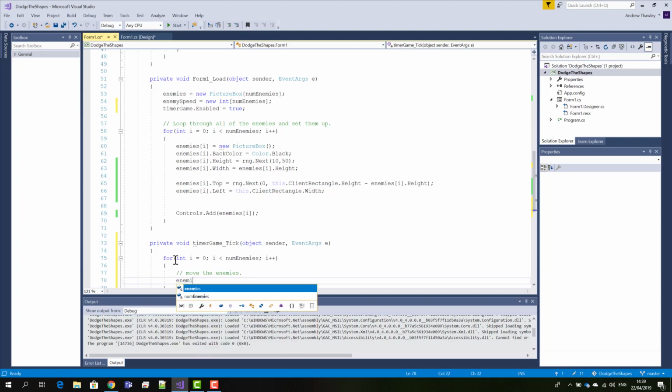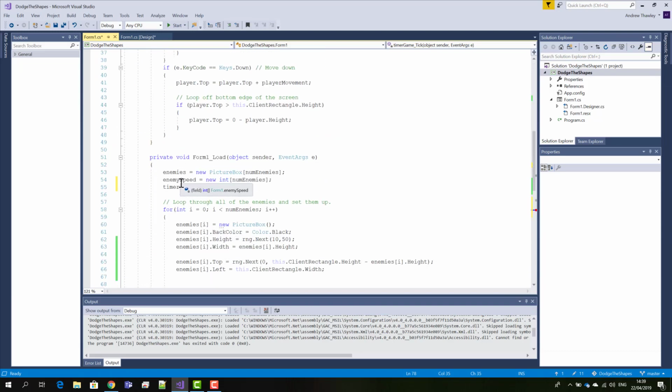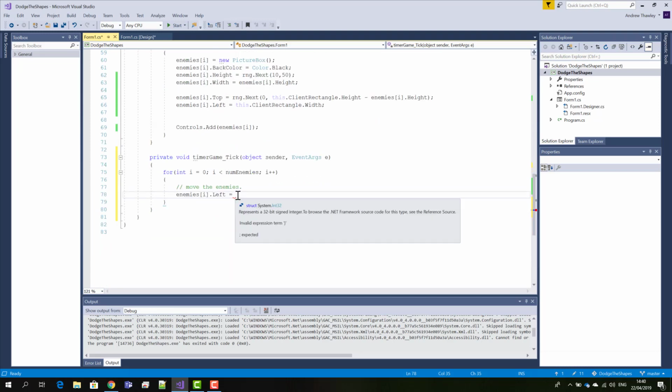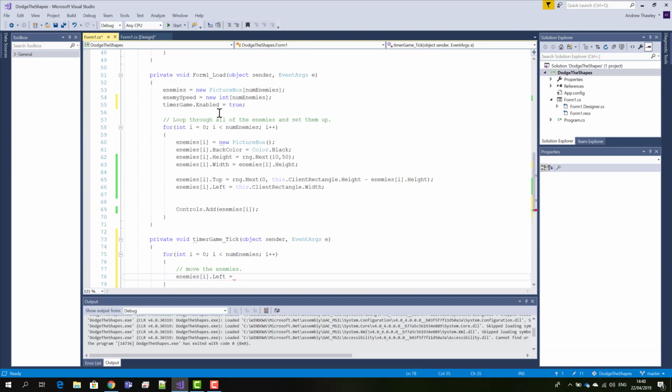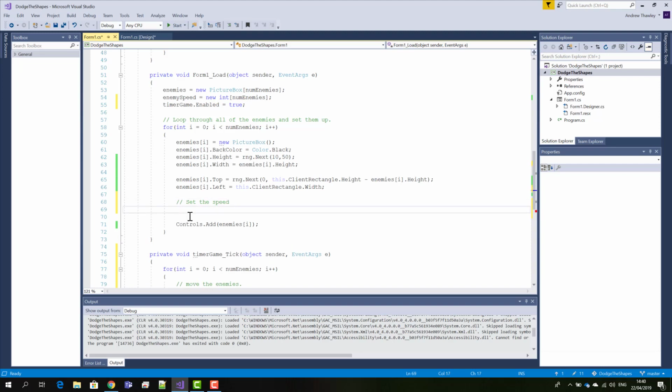Okay. Enemies.I, we're only going to worry about changing the left and right. So that is going to need to be changed. This is where we have our enemy speed option. At the moment, I haven't actually set the speed, so I'm going to go back to that form 1 load. After I've set the width, let's set the speed. This is why you always want to write down all the steps you need to include. So what I need to do here,